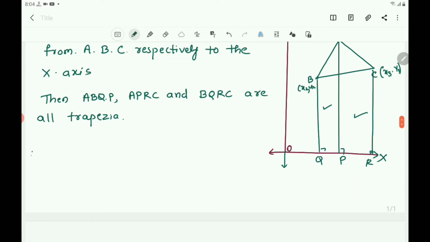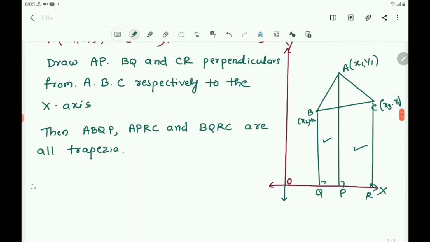Therefore, here we said, area of triangle ABC equals